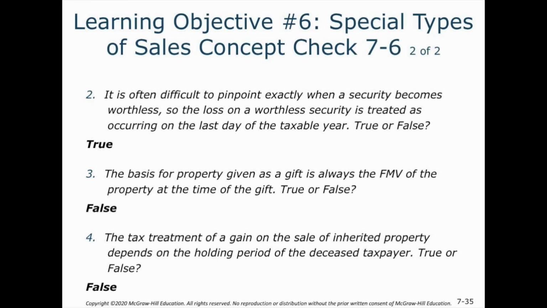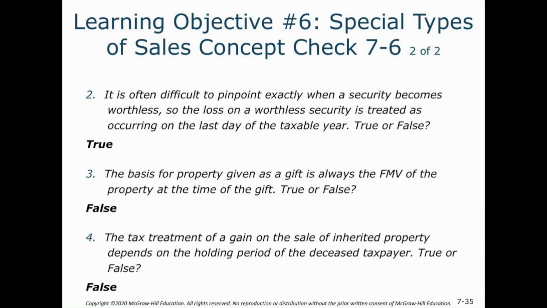So our second concept check here: it is often difficult to pinpoint exactly when a security becomes worthless, so the loss on a worthless security is treated as occurring on the last day of the taxable year. That is true. The basis for property given as a gift is always the fair market value of the property at the time of the gift. That is false, and I would say conversely that it's going to be the transfer basis rather than the fair market value,